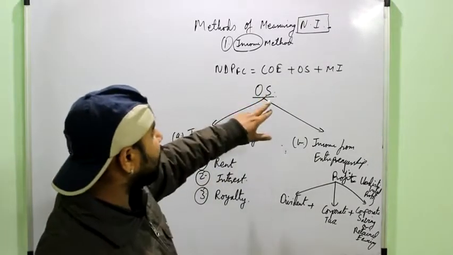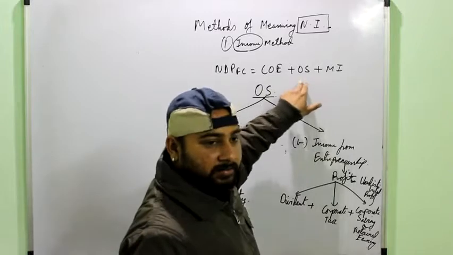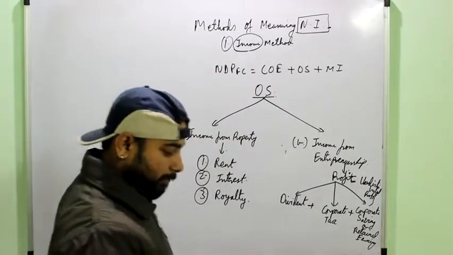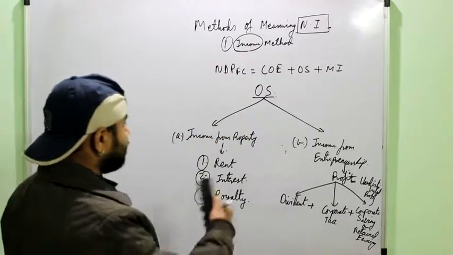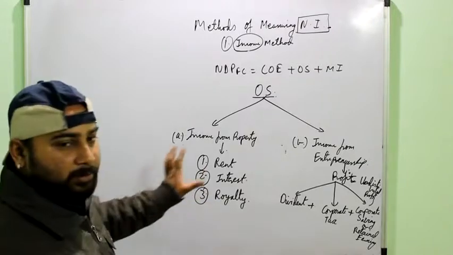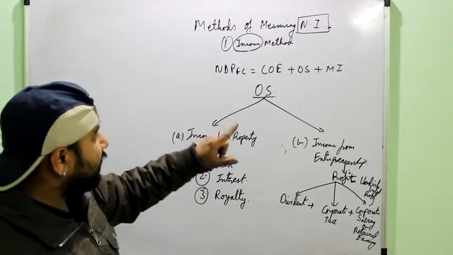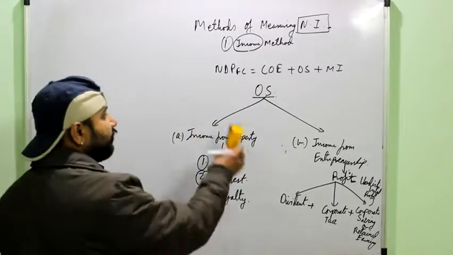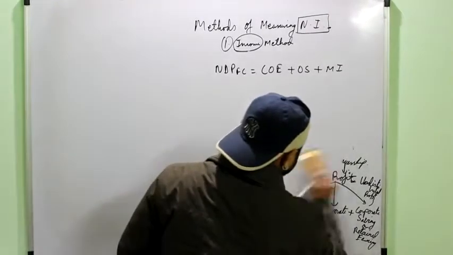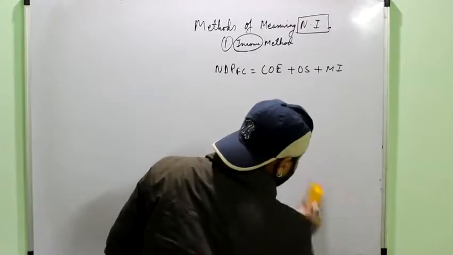So it means the second target is to find the second determinant, that is the operating surplus, whenever we are using the income method. And you should take your time and understand the COE and OS, because these are the two important things which can be broken down and given to you. And third, mixed income, that is always given to you directly. See, third is the mixed income.